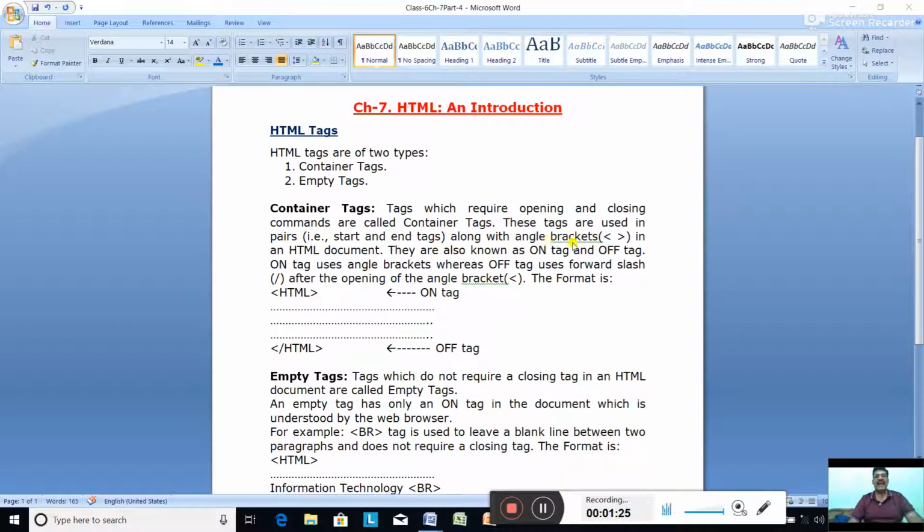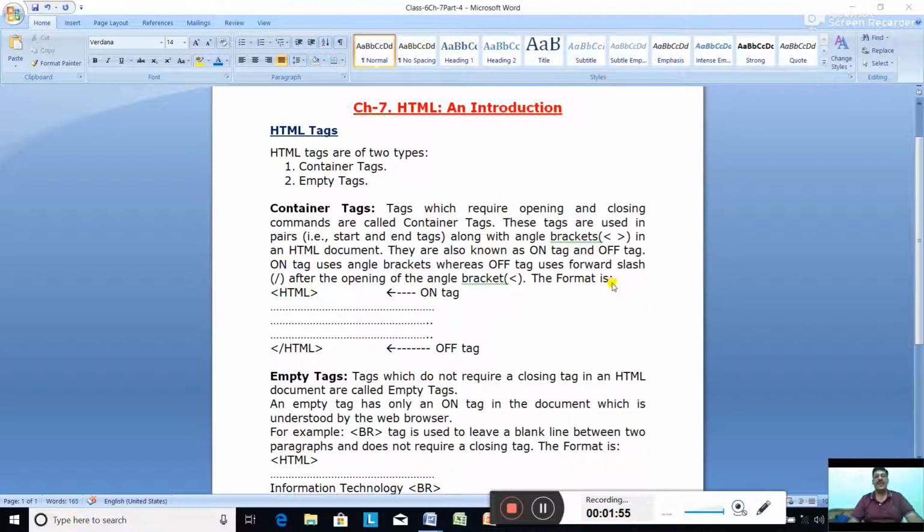Along with angle brackets. So it is written within the angle brackets, less than and greater than, in an HTML document. They are also known as on tag and off tag. See, in the start one, this is the on tag and this is the off tag. So on tag uses only angle brackets, whereas off tag uses / and HTML after the opening of the angle bracket.